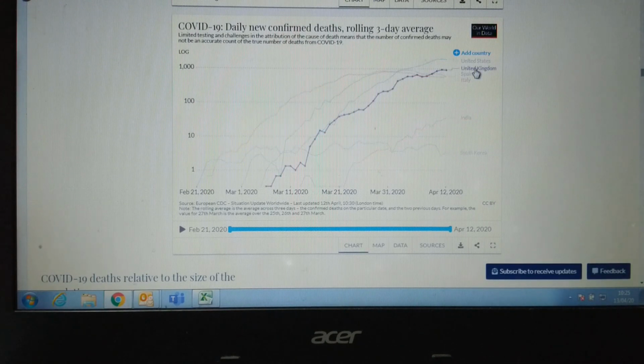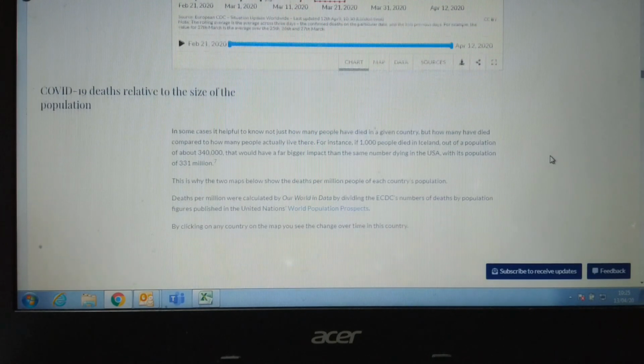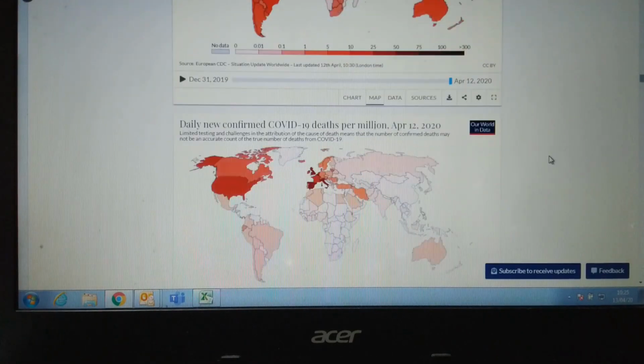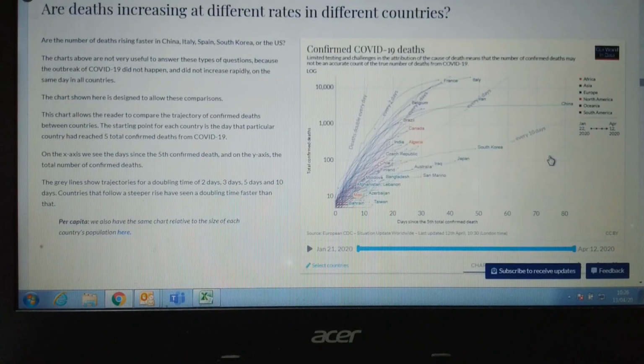Spain, good. United Kingdom is uprising. United States is uprising. India is uprising. So we need to take very good care of that. Now, let's move to